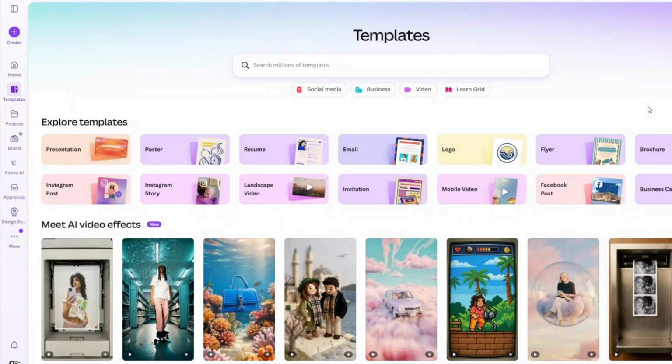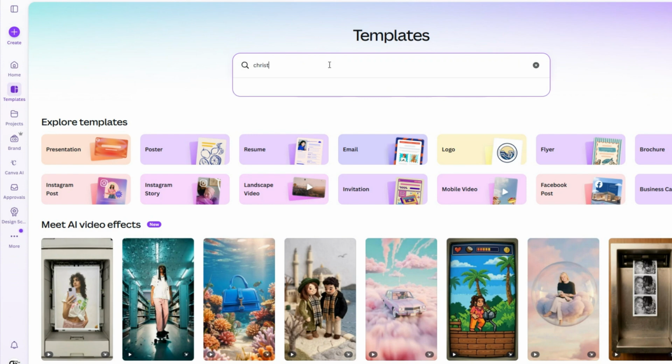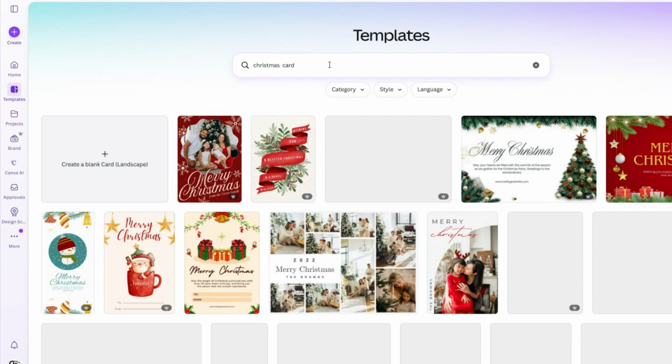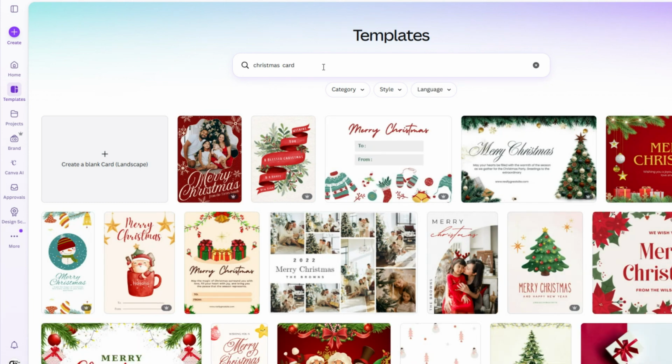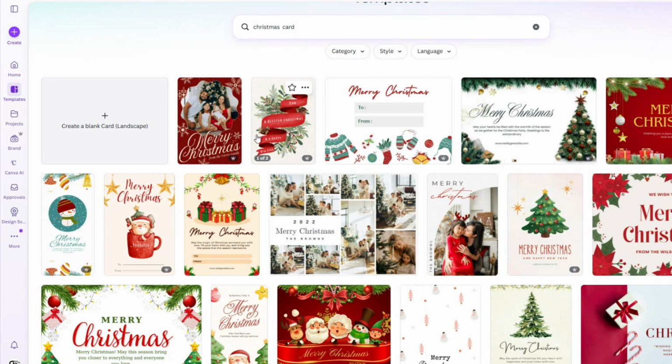In this video, I will be showing you how to create a custom Christmas card in Canva from scratch. Let's get started. I'll begin on the Templates page by typing Christmas card into the search bar to see the available options. Instead of choosing a pre-made template, I'm going to click on Create a Blank Card to start with